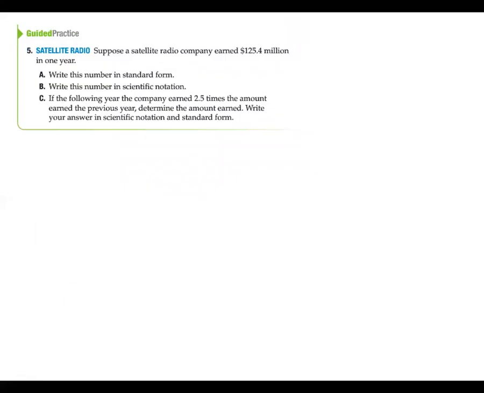All right, we're back. Suppose a satellite radio company earned 125.4 million in 1 year. Write this number in standard form. Well, 125,400,000. Okay, I'm going to put B down here. In scientific notation, it'd be